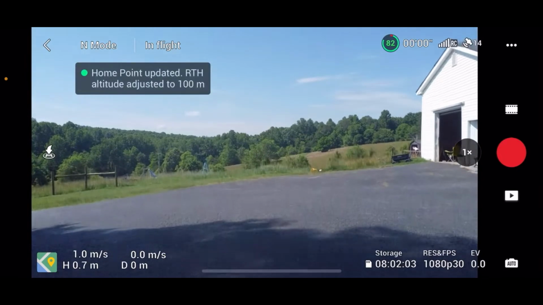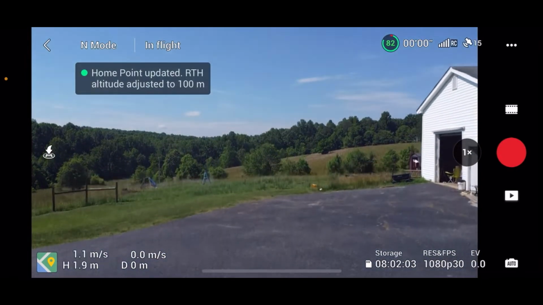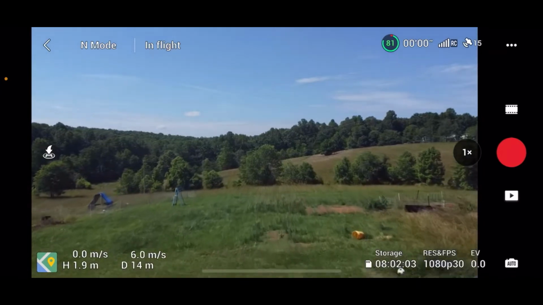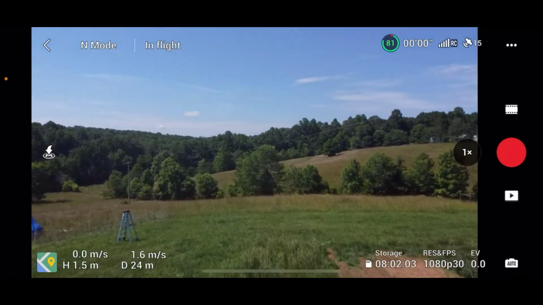Alright guys, give you an example, bird's eye view of pig paddocks and